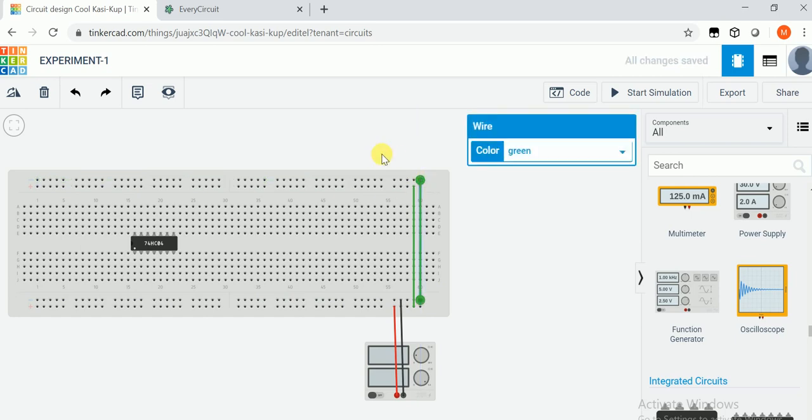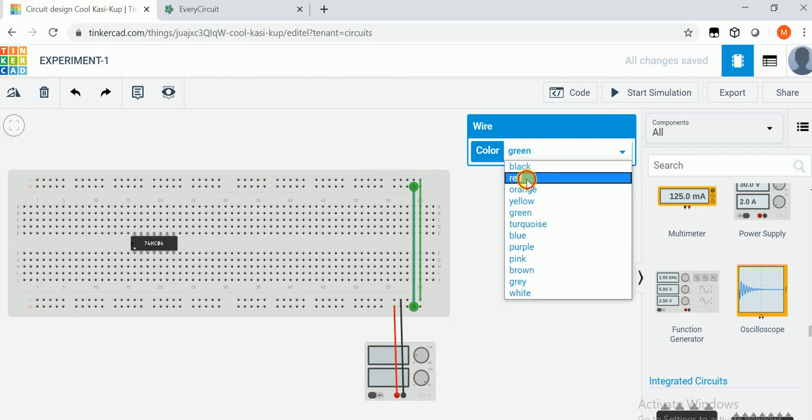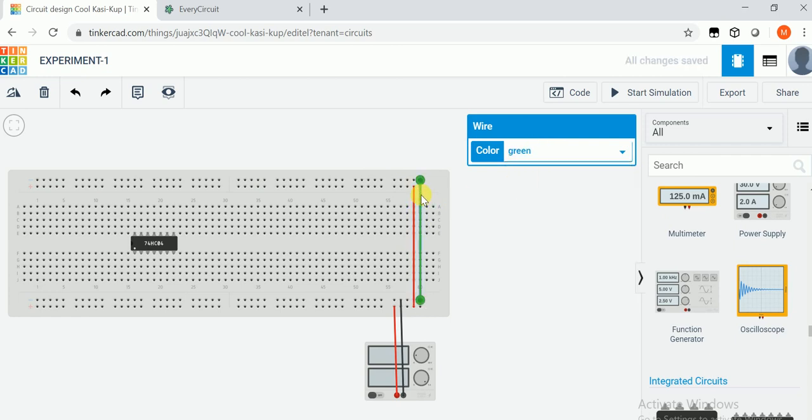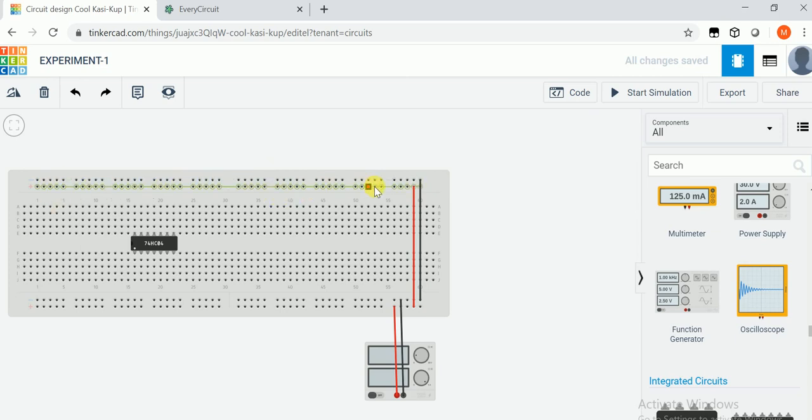Just connect this, make it red by clicking on the wire, and make the other black. Now this entire line is grounded and this entire line is connected with the power supply, 5 volt usually.